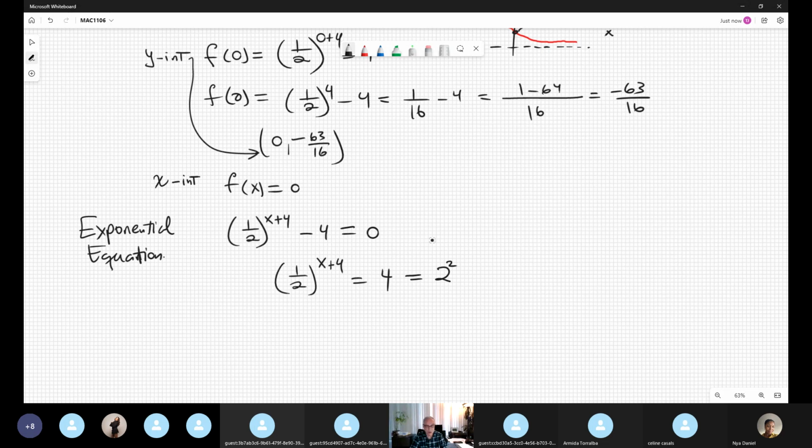You express both sides using 1/2 or 2/2. I prefer 2. It's more logical, no? So I copy in one corner of the piece of paper: 2 is 2 to the 1 power, and 1/2 is 2 to the minus 1. Makes sense, reciprocal. So you replace 2 to the minus 1 raised to the x plus 4 equal to the